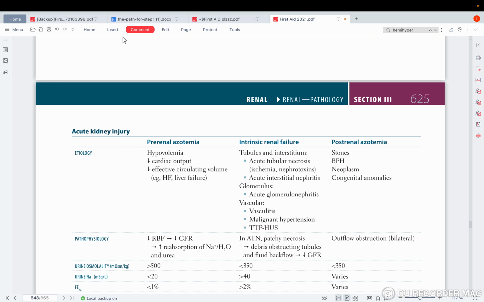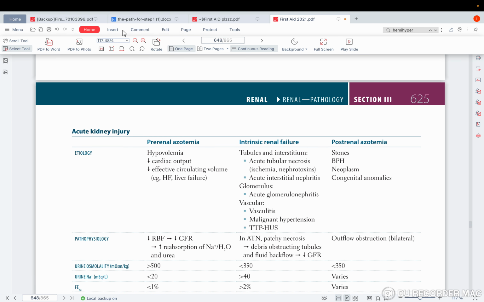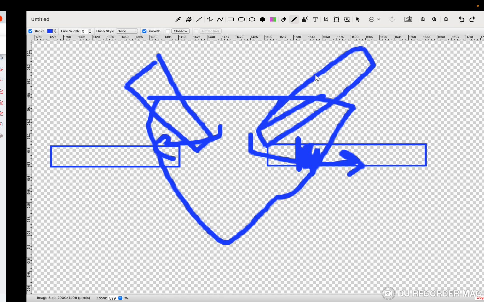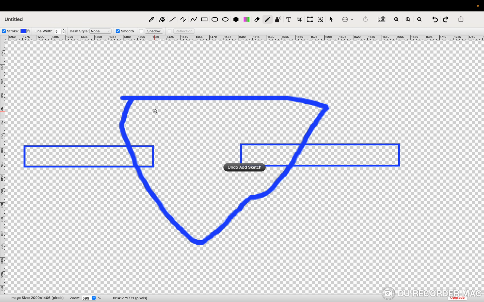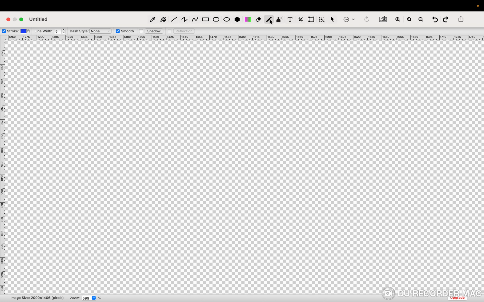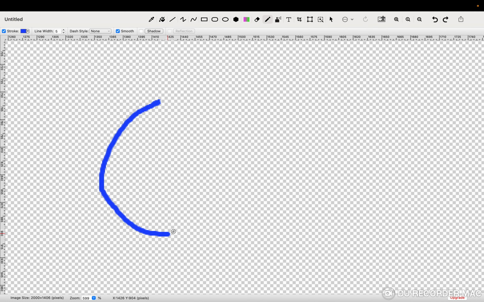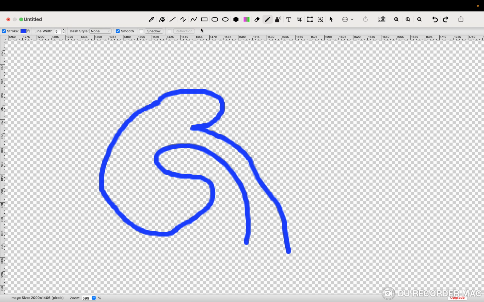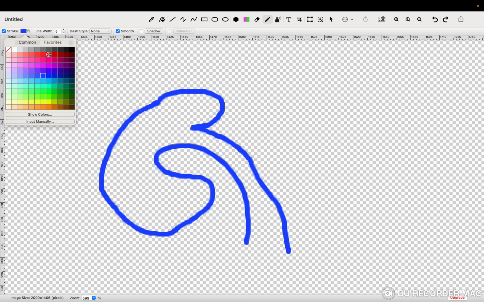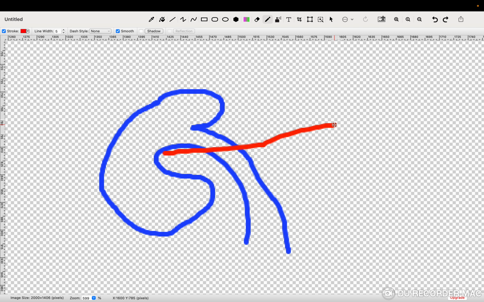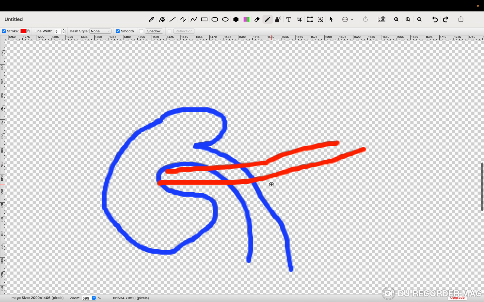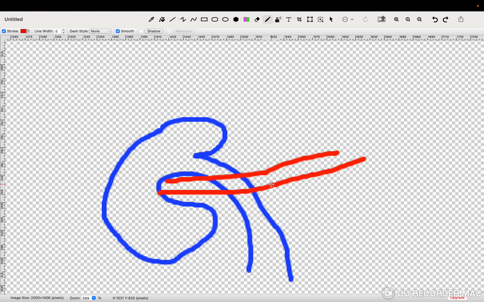So I like to keep it simple for myself. I imagine the kidney only has the following three structures. So it goes something like this. If we speak about a tubular problem, the problem is in the kidney itself. So I imagine, okay, this is the kidney, and it has an ureter coming out of it, yeah? But there is something going inside of it, obviously, which is what? The artery and the vein. Okay, so it has an artery and a vein coming inside of it, and it has something going out of it, which is the ureter.